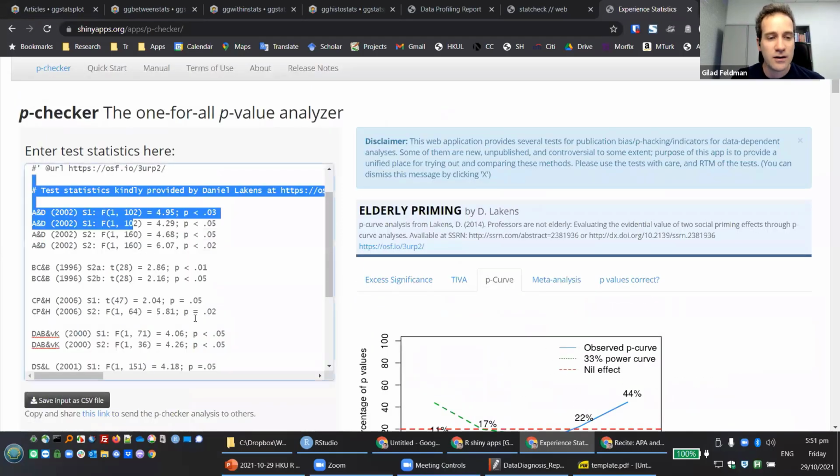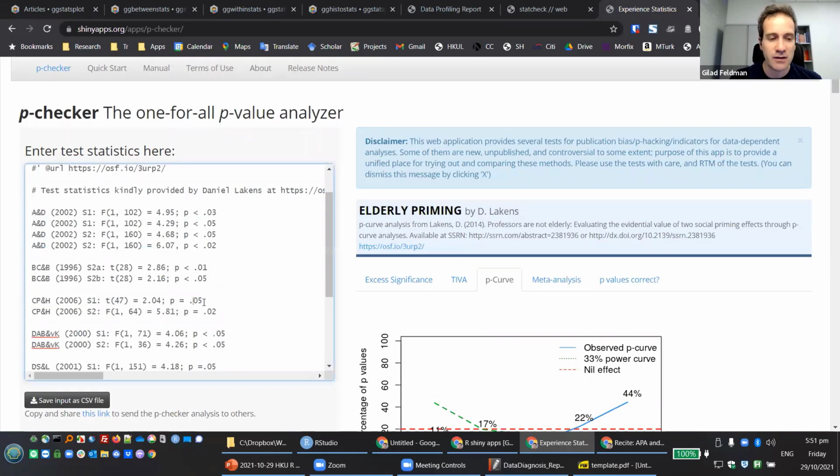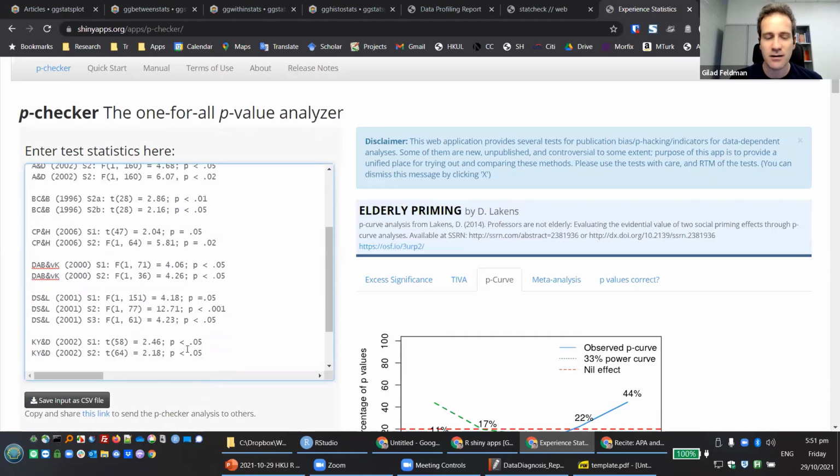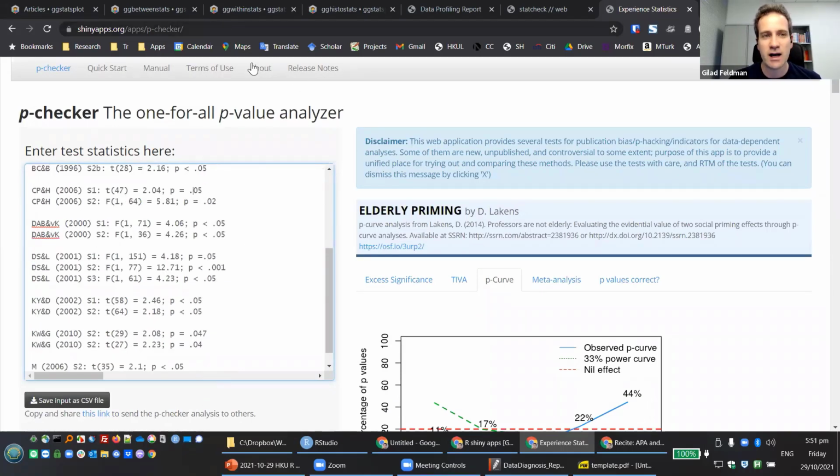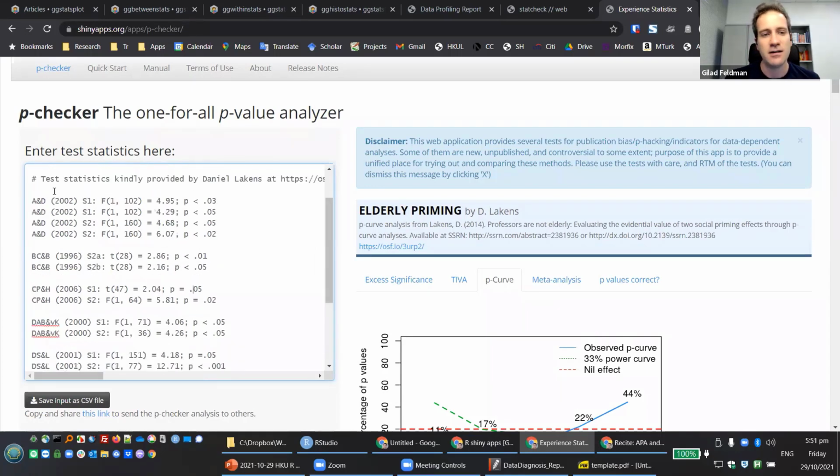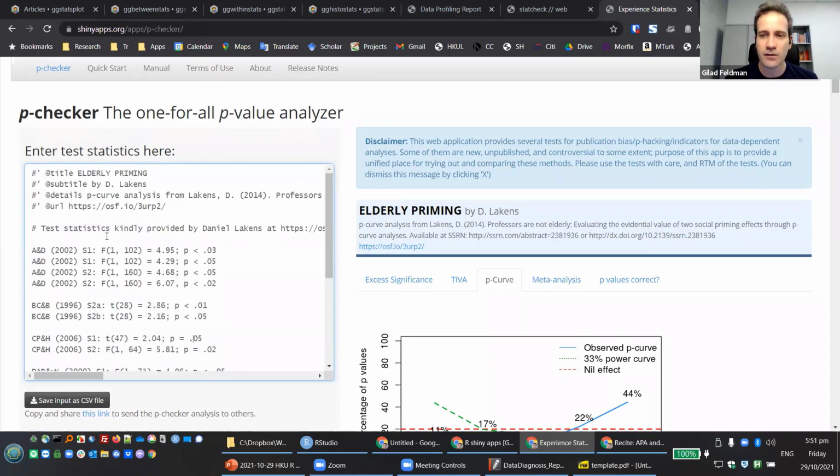So all this interface is a Shiny app. Everything that runs underneath is R. You can easily extract by using Statcheck all the statistics from the PDF or an article that you're reading or an entire literature, put it in here, do a meta-analysis, do a p-curve, do a Statcheck. All this is a few lines of code in R, and these are really interesting Shiny apps that were built on top of that. Once you become a bit more familiar with R, that you know a little bit how to